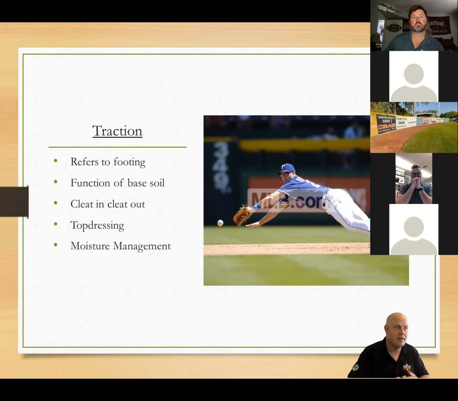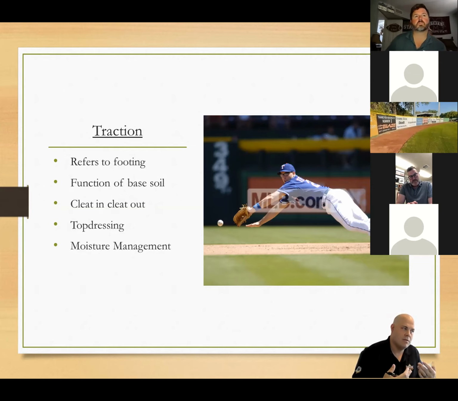Obviously, traction, part of the conversation is top dressing materials. Three quarters of an inch of top dressing material is usually going to be probably an unsafe surface to play on because top dressing materials are not made to lock together. They're made to be a specific gradation to manage the surface.